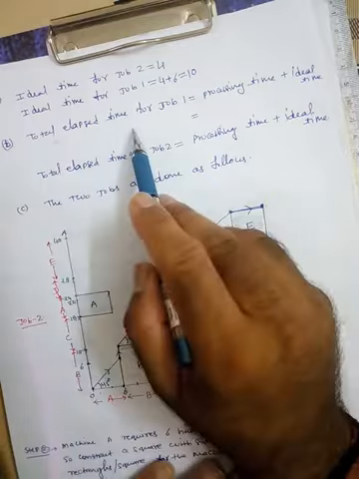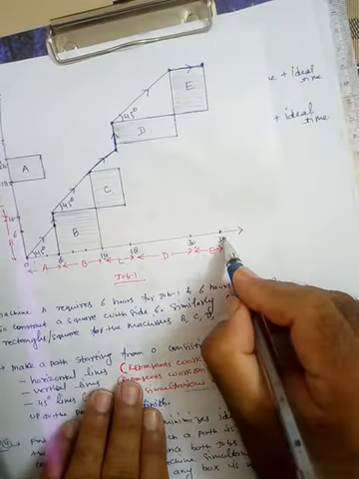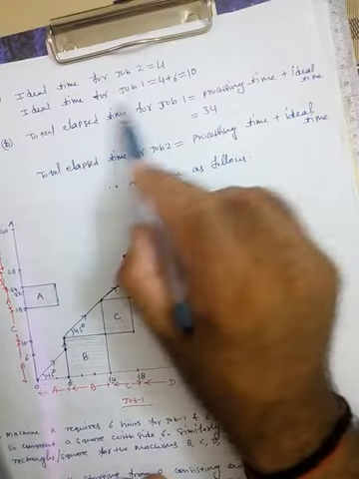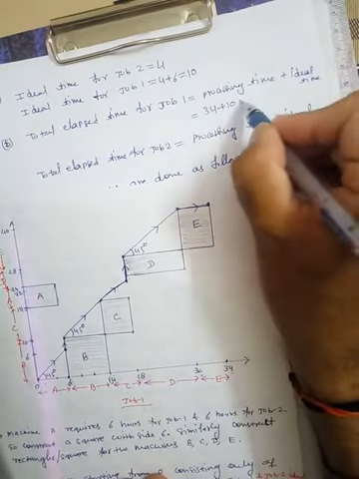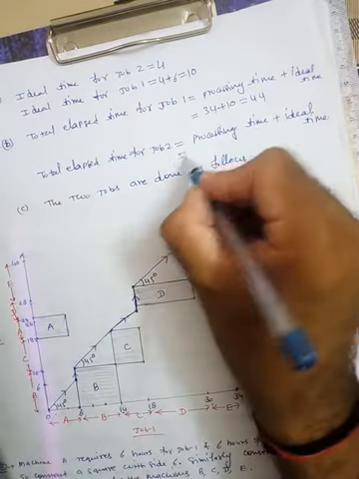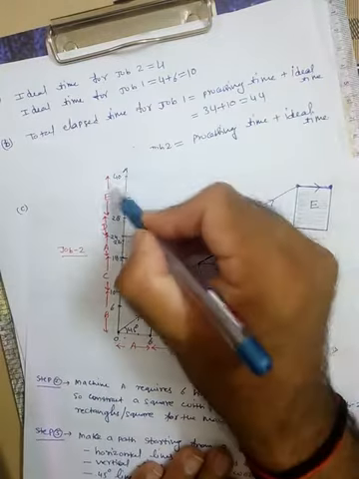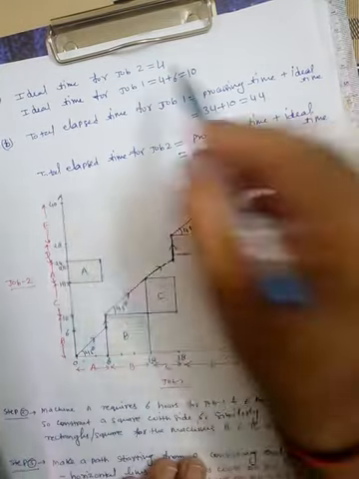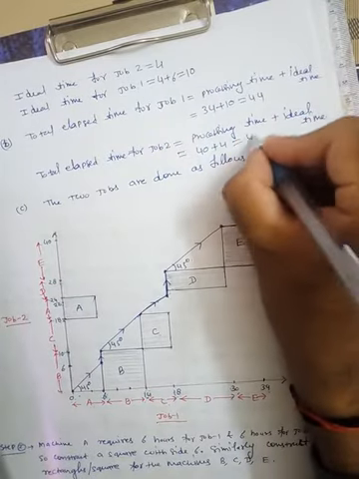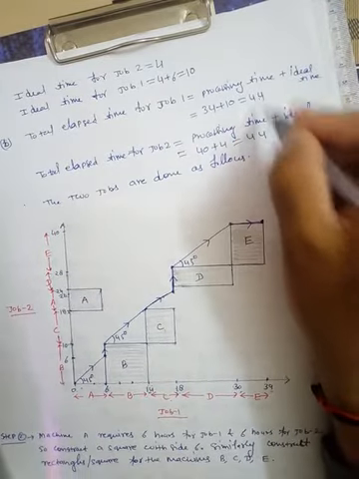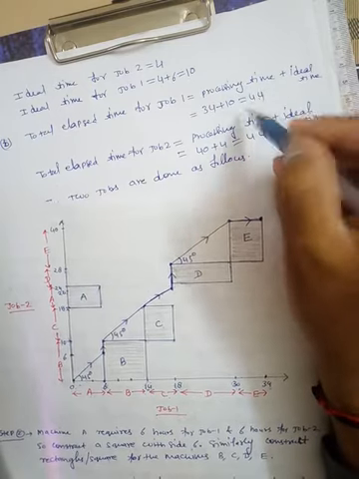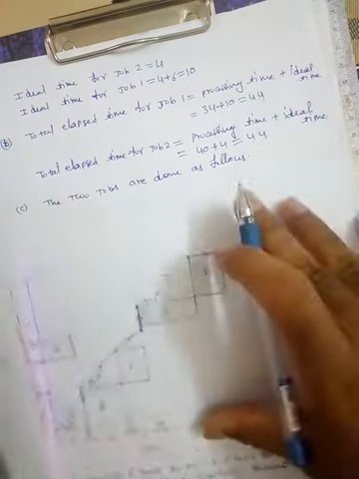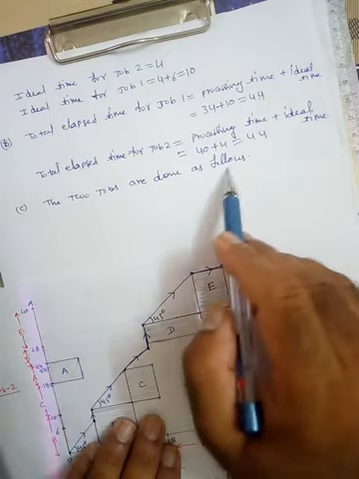Now the total elapsed time for job 1. So this is job 1. The finish point is 34, so the processing time is 34 plus the ideal time. The ideal time is 10 hours. This is 44. Similarly, the total elapsed time for job 2. For job 2, the last is 40, so this is 40 plus the ideal time of 4. So this is 44 also. So they should be the same. They should finish at the same time. So here it is 44, here it is 44. So this is okay. Now the two jobs are done as follows.